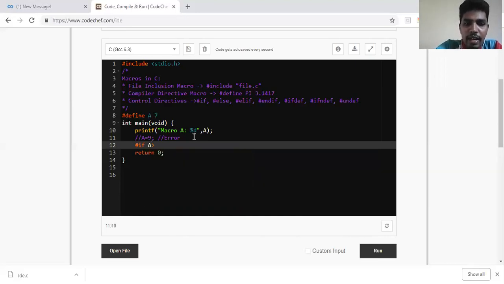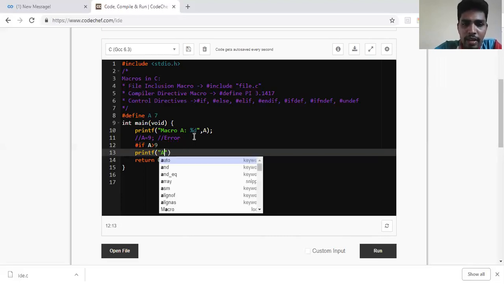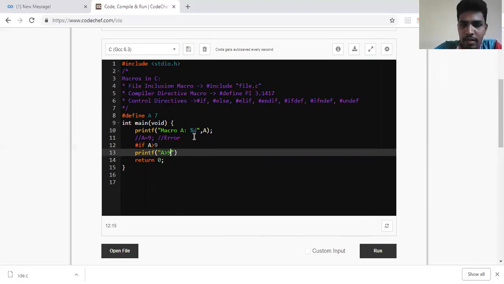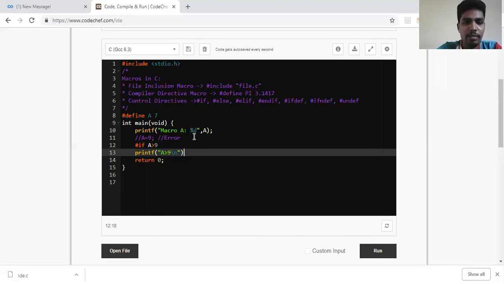greater than 9. So you can see here A is not greater than 9. So I'll be printing printf "A greater than 9", and I'll be putting a semicolon.